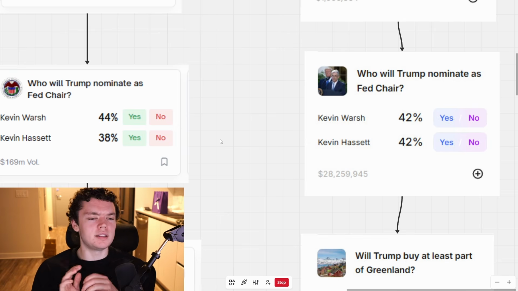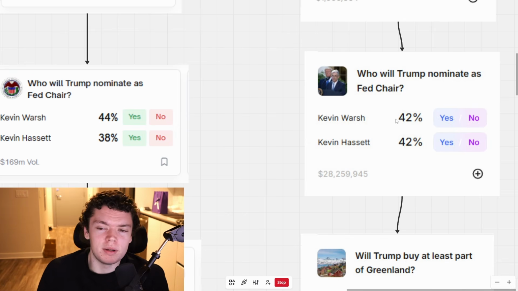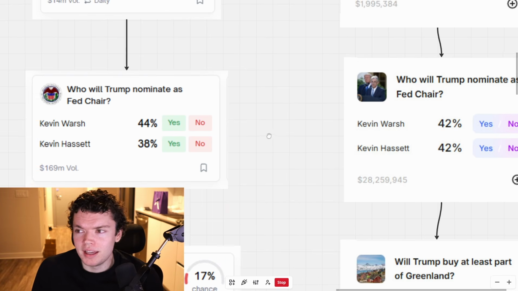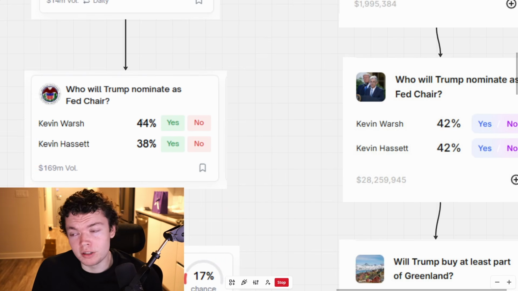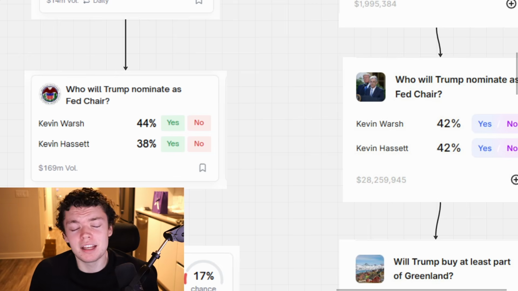Okay, I think one interesting thing that we can point out here is if you look at the odds, notice how both of these are at 42% on the right here, and this is not both at 42%. So Polymarket views this individual as less of a likelihood to be nominated. It's interesting that if this was supposed to be a completely accurately priced exchange, both of these would be priced the same. But because they're priced differently, that's how you know there are edges to be made in the market.